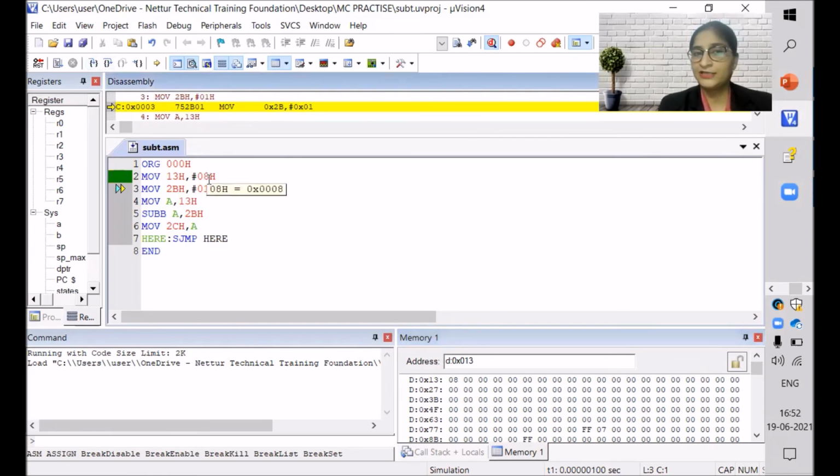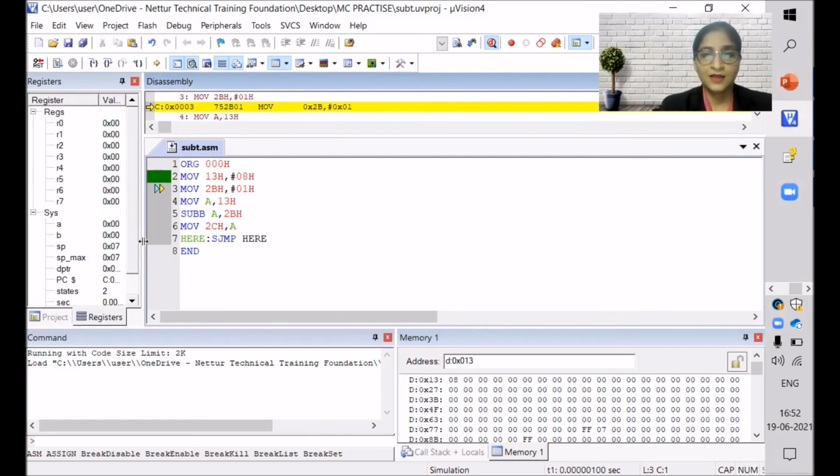So the first data you are taking in 13H, and you can see here it is 13H. Now our second data is 2BH. So again we'll change this to 2B, and again we'll click on step. So 2B is having 0, 1. Here you can see 2B is having 0, 1.